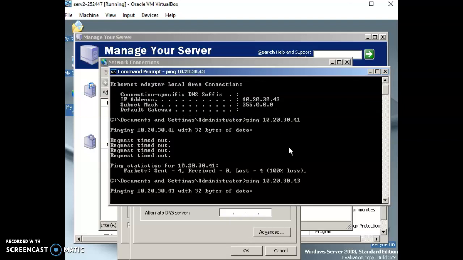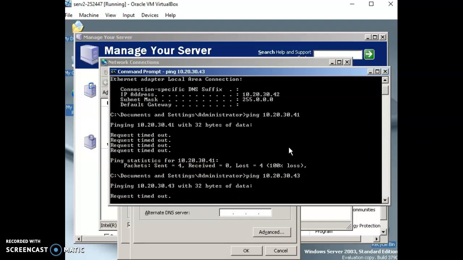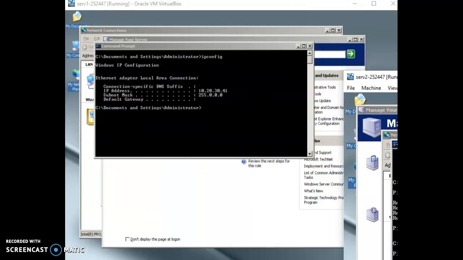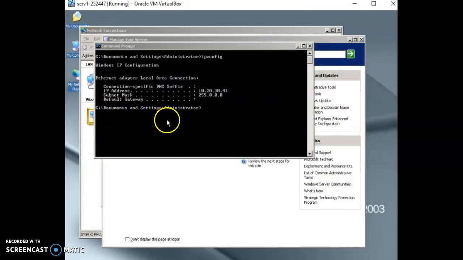That's for server 3. And nothing. So I'm going to move on to server 1, which is right here, and I'm going to ping